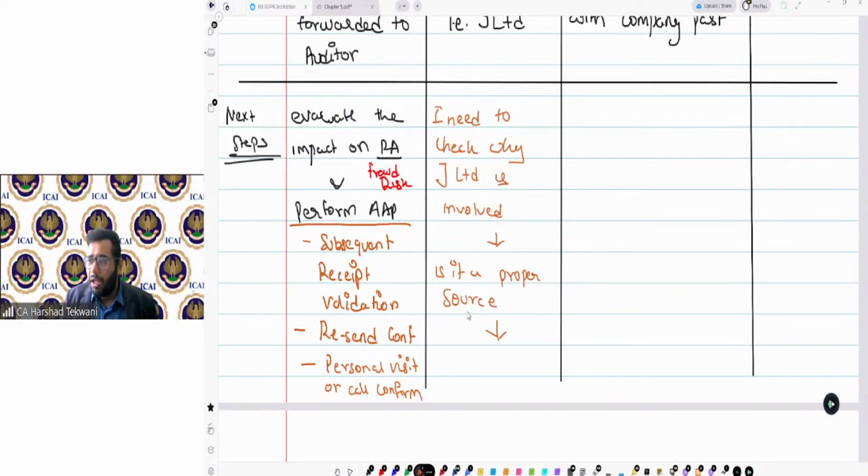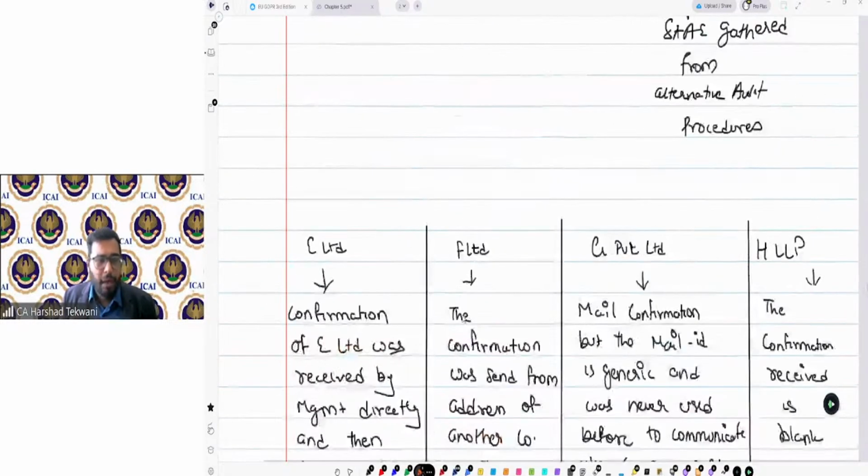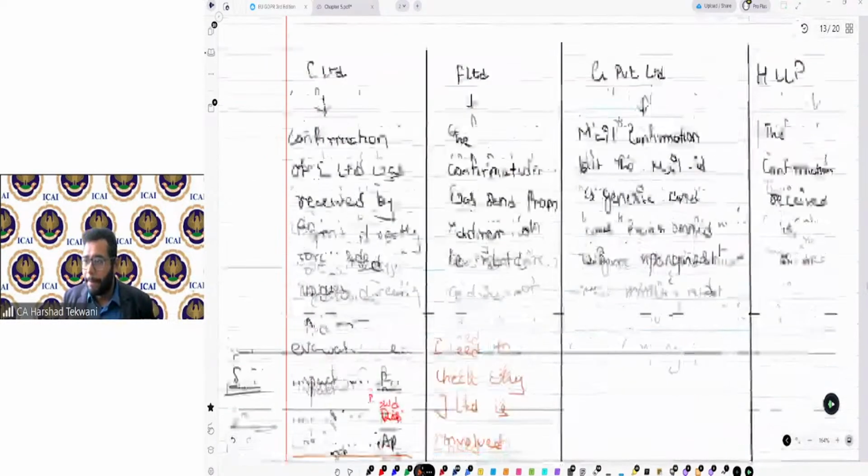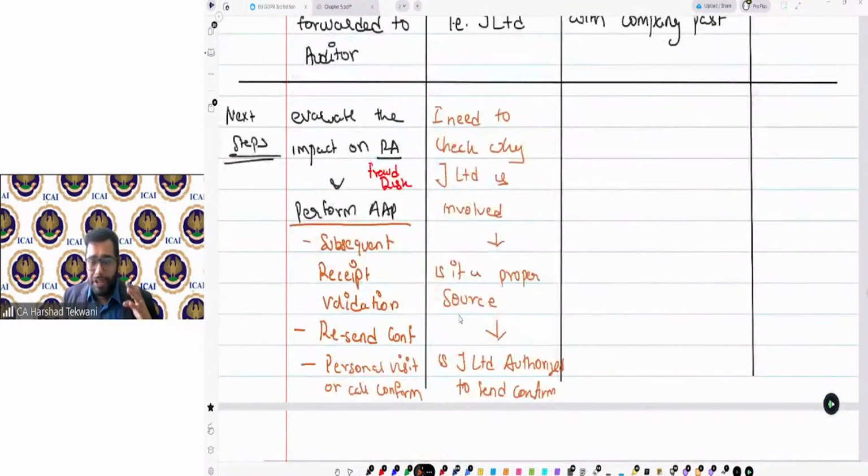Number three, is J Limited authorized to send confirmation on behalf of my F Limited? So this will give me comfort over the integrity and authenticity of the transaction or the confirmation.